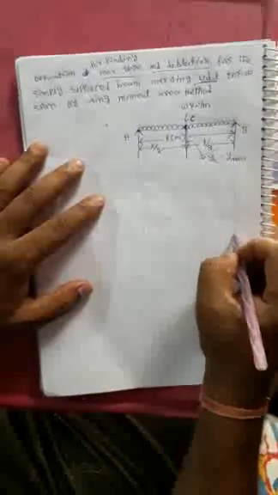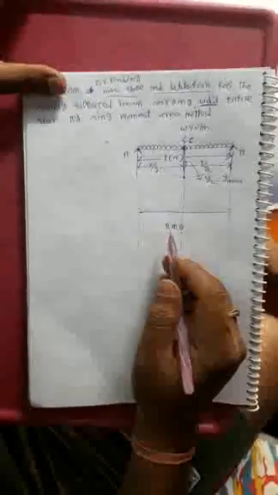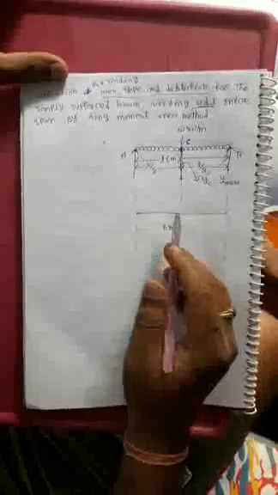Next, draw a reference line at A, a reference line at B, and a reference line at C. This is the baseline for the BMD. First we draw the BMD diagram for this derivation, and through the BMD we are going to find the maximum deflection and maximum slope. The maximum deflection occurs at Y_C.